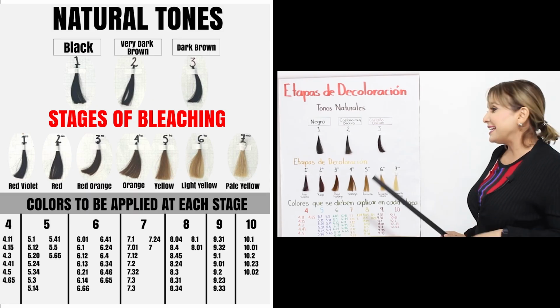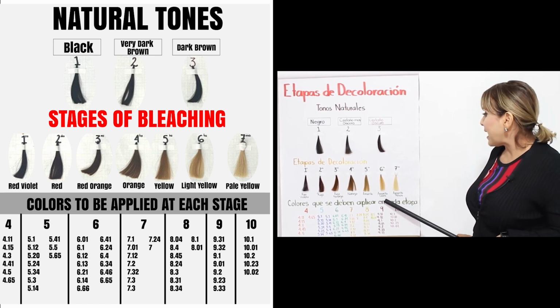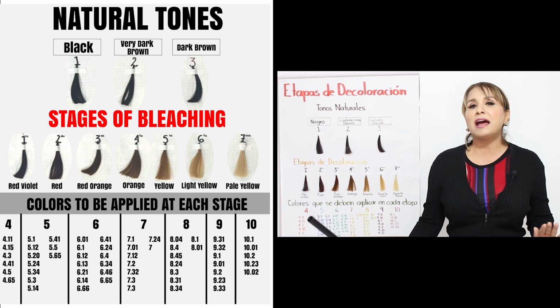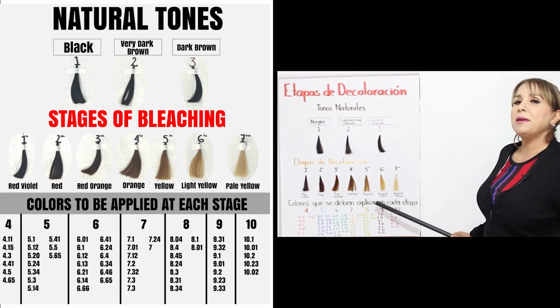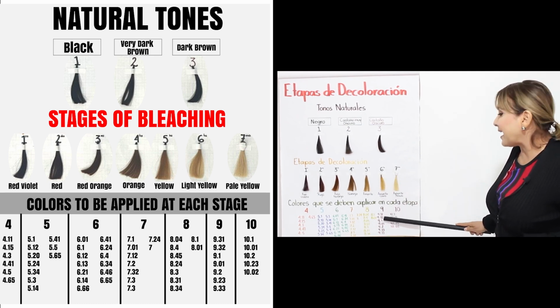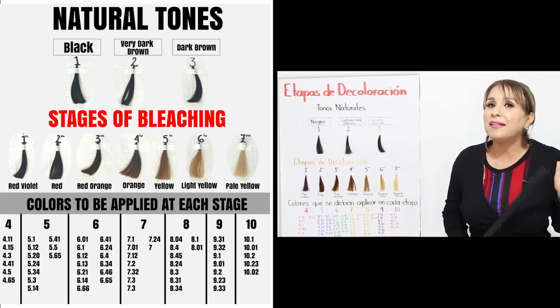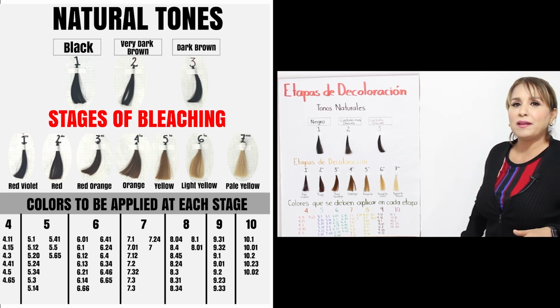We go with the 6th stage. Here we already have a light yellow. We are almost leaving the cheek yellow aside. Here we are already cleaning up the yellow more, and here we can already apply tones at the level of 9. At this point, you can already tone